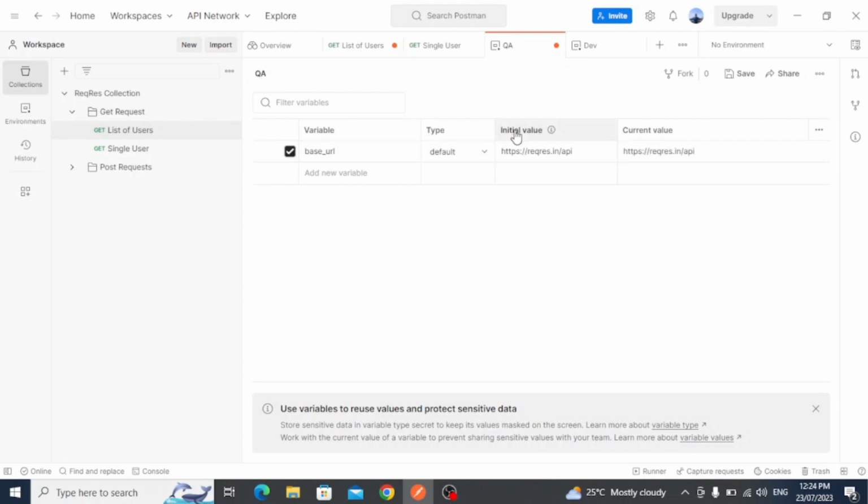So it has an initial value and current value. Let me explain what this means. Any variable, when we create it, its initial value is this one and current value is this one, meaning during the execution the current value of this variable might get changed. For example, let me create another variable, iteration, okay, and the current value of this variable is, let's say, 0, because